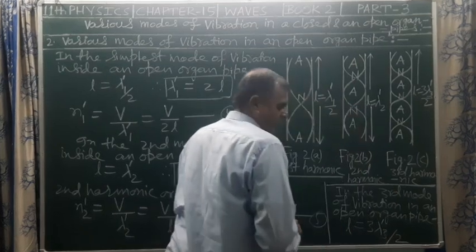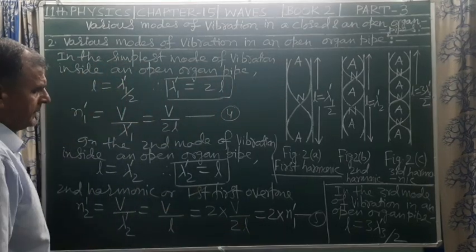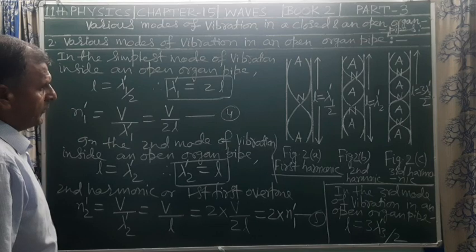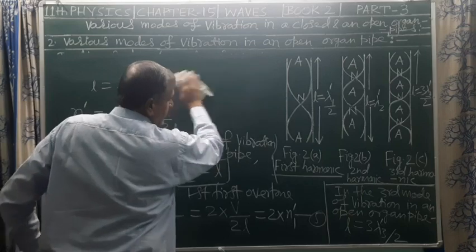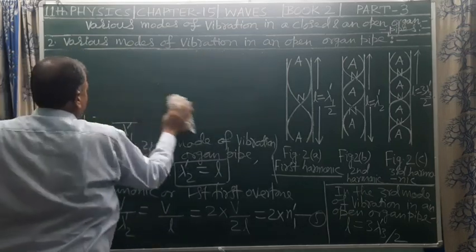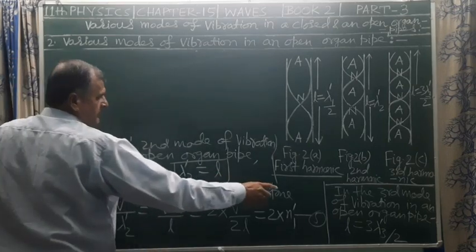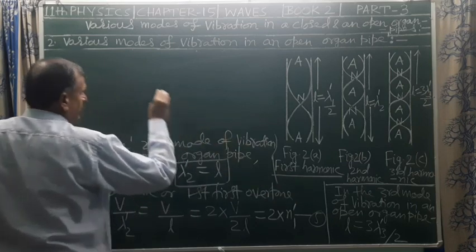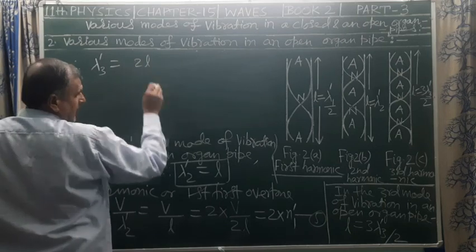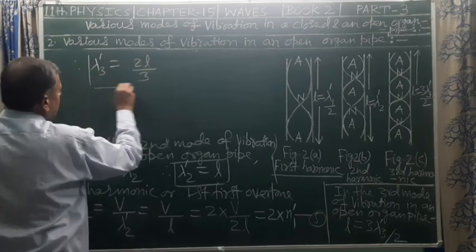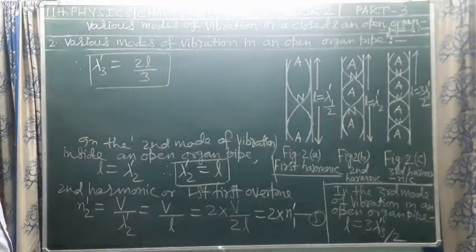upon 2. Therefore, we can obtain lambda 3 dash, that is the wavelength of the wave formed inside the open organ pipe in the third mode of vibration: lambda 3 dash is equal to 2L upon 3. So write down: L is equal to 3 lambda 3 dash upon 2. Therefore, lambda 3 dash equals 2L upon 3. Hence, third harmonic, that is